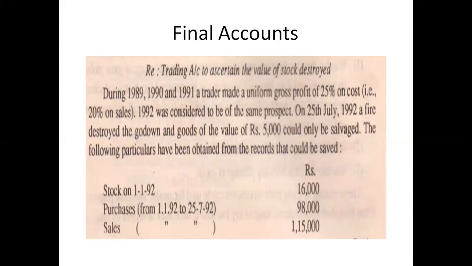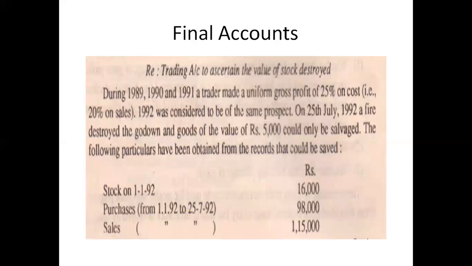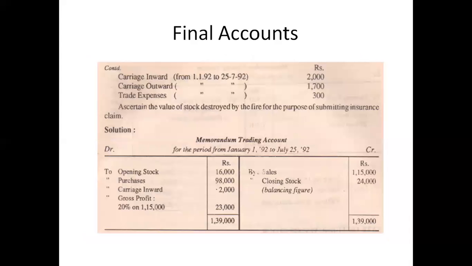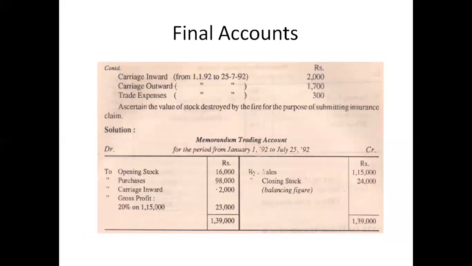As you can see, now to purchases 98,000. This is from purchases 98,000. Now we have carriage inwards as 2,000. You can see on top of the screen, carriage inwards is 20,000. Buy sales 1,15,000. You have buy sales 1,15,000, and you have